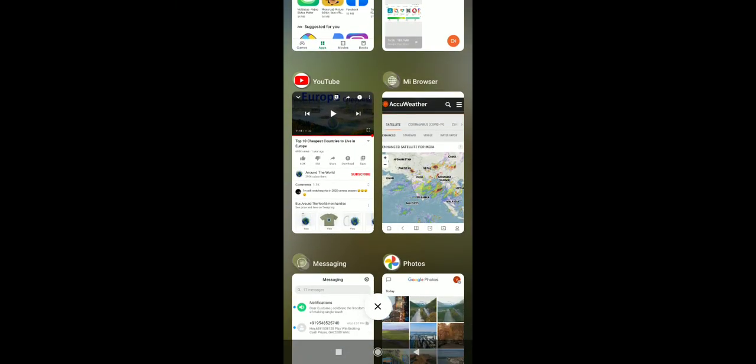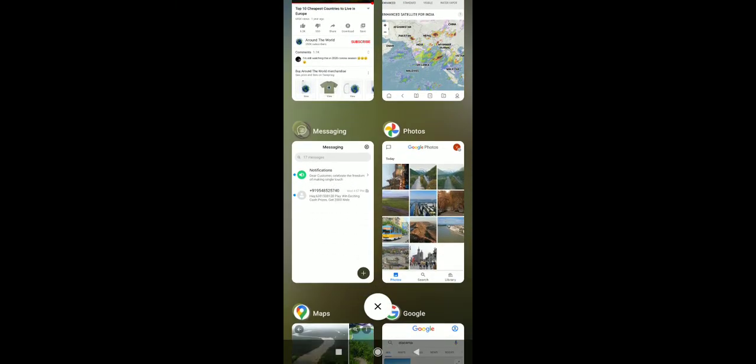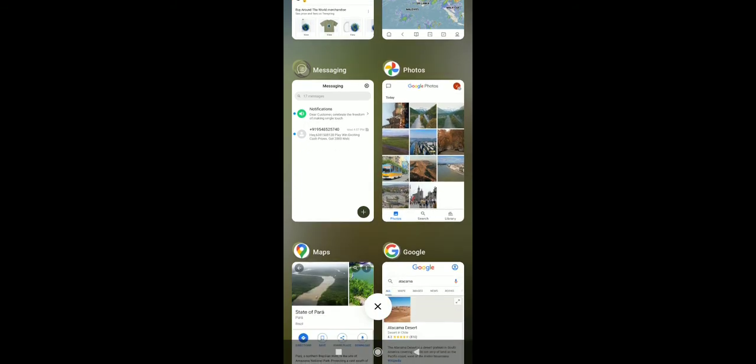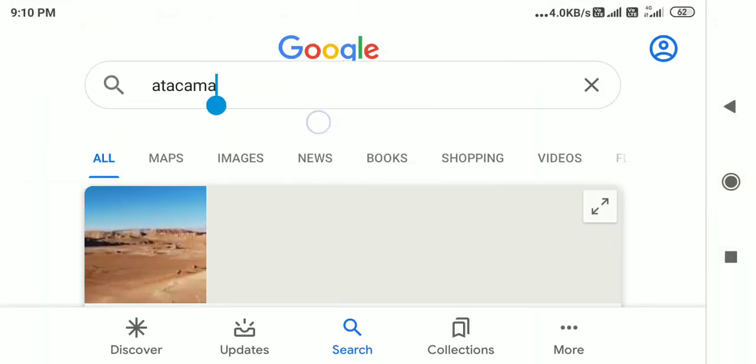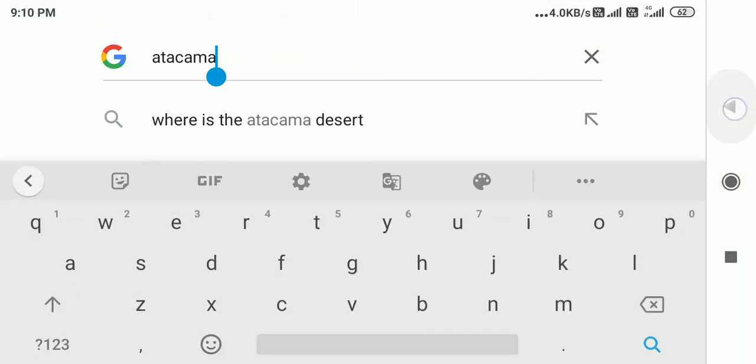Screen recorded, another thing. Now we have photos, and here is what Google is. So you go there and ask for stretch.